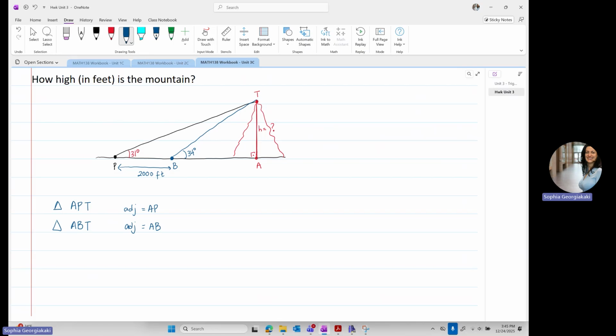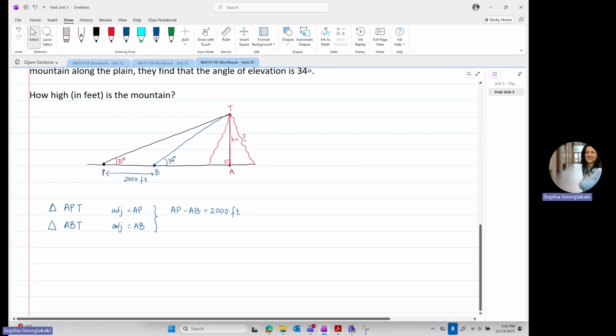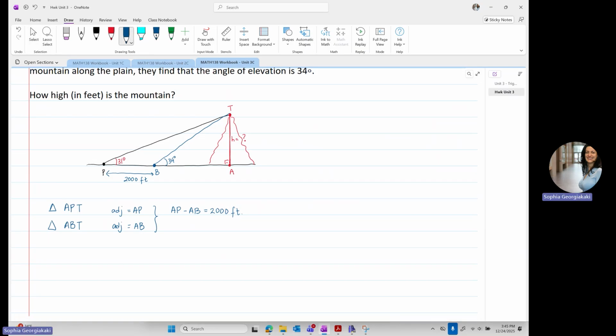And what I know is that if I subtract those two, AP minus AB, that distance is 2,000 feet. So I know that that is the fact that they have given me. So let me try to do a little bit of trigonometry and see how I can use this difference to solve for something. So in the triangle APT,